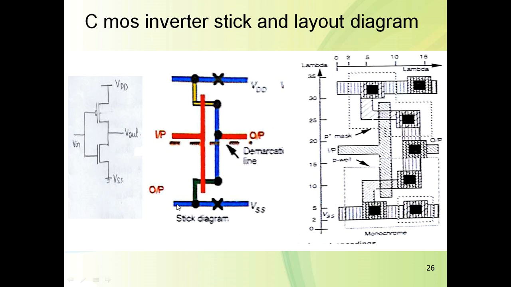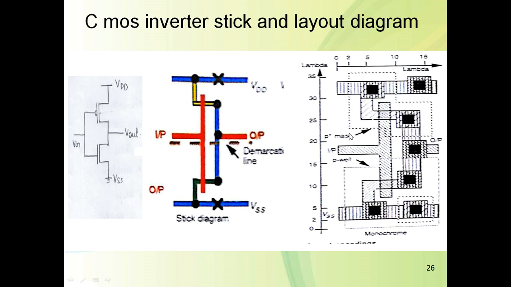In such a way one CMOS inverter is formed, and this is called a lip cell. Such lip cells we can connect to each other. Whenever you want a series connection, input and output will be on the same layer. For that purpose input is taken on poly, output is also taken on poly, and hence we can cascade two such lip cells.